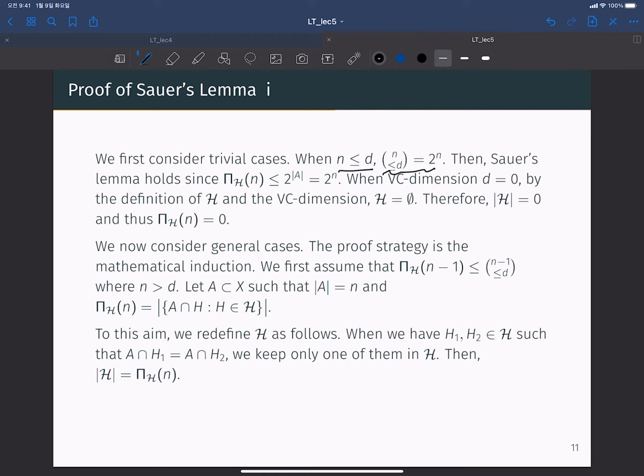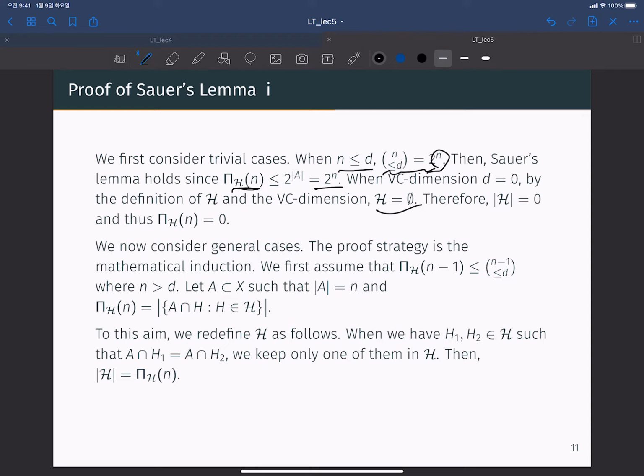Then the Sauer's lemma holds because this means all the possible functions, right? This means the number of all the possible functions. So this is definitely less than or equal to 2 to the n. When VC dimension d is equal to 0, by the definition of hypothesis class H and the VC dimension,